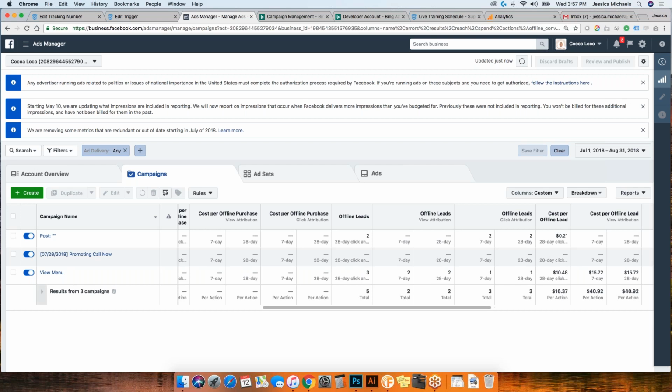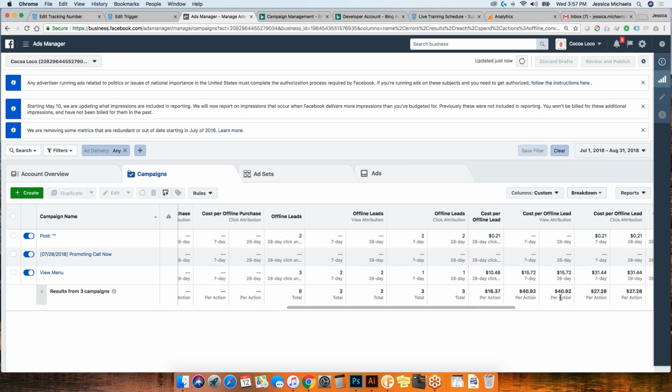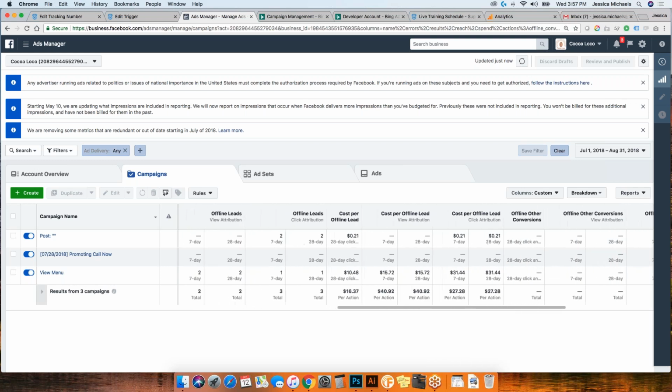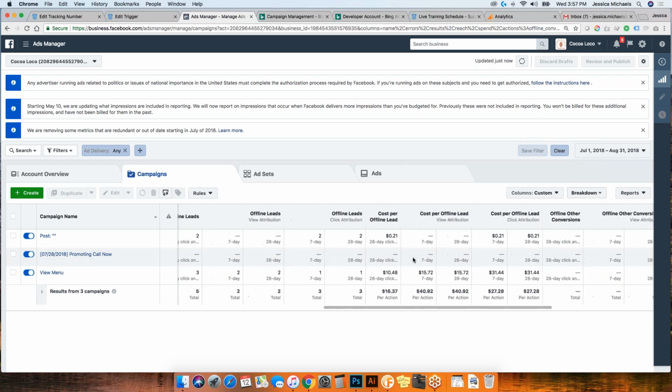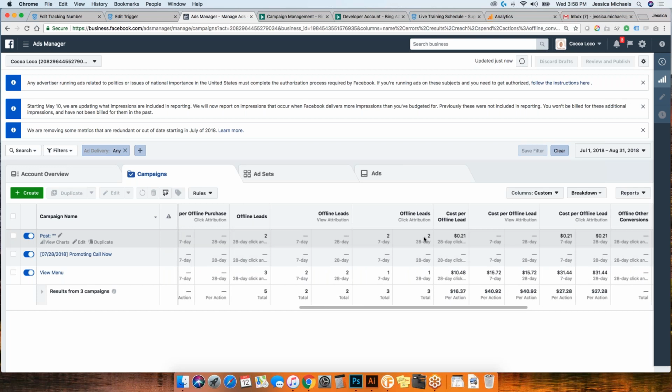Pretty exciting. Still very new for us, so we're learning as well. One of the things that we've really discovered is that Facebook is really about protecting the user information. So one of the things that we're not able to do is tell you inside of the call log exactly who these people were. We can make an assumption, but Facebook isn't going to allow us to relate these 3 people back to 3 people inside of the call log.